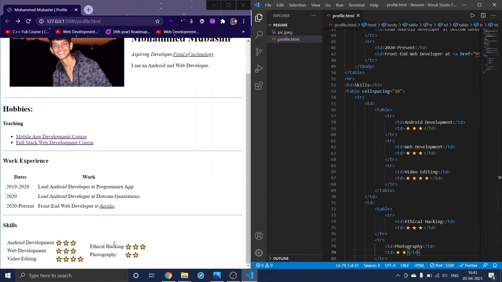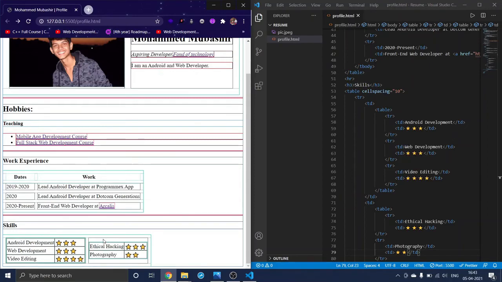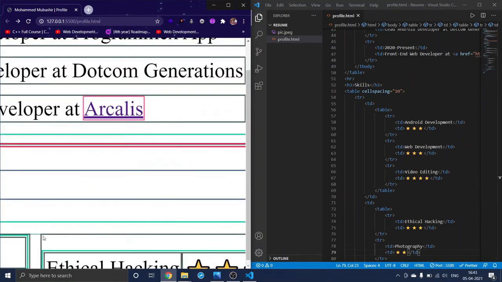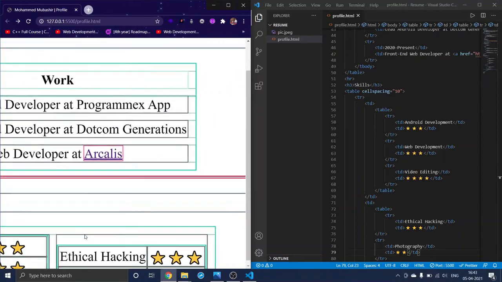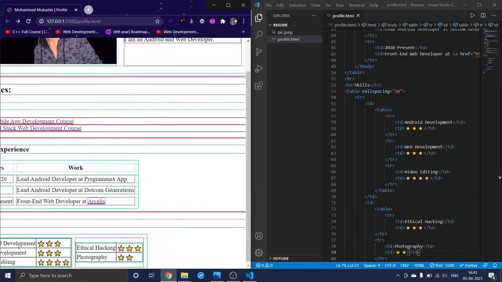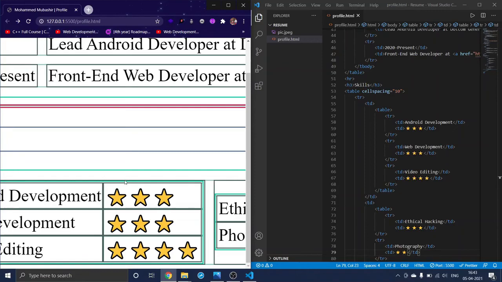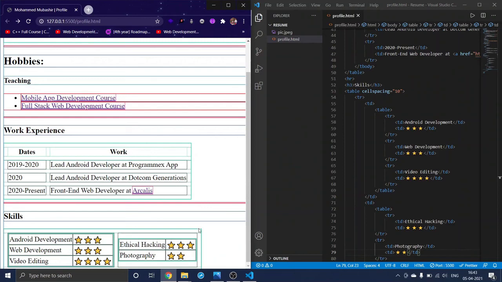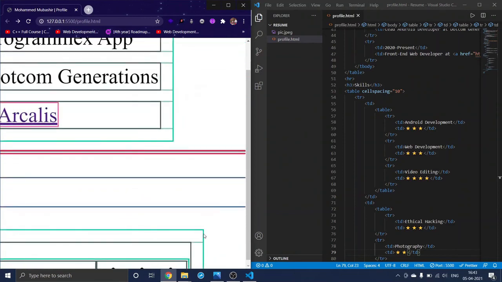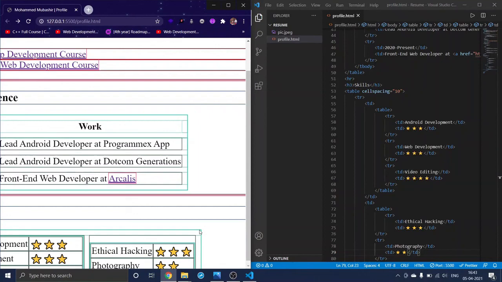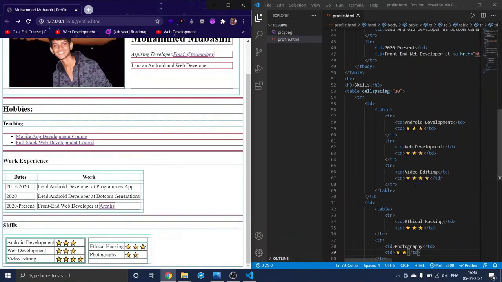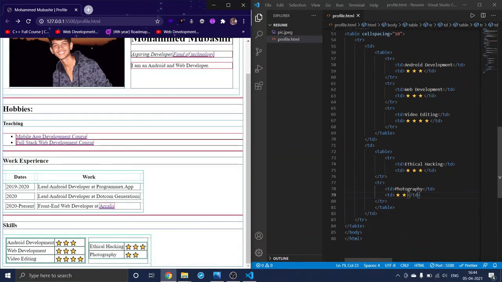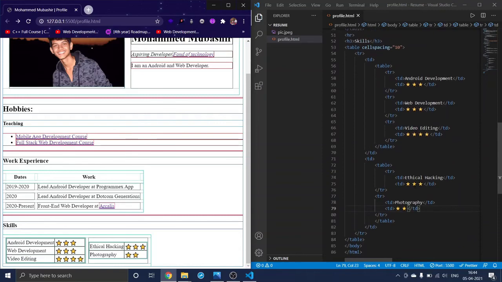And check this out, we got here 2 tables. When you click on this inspect, see, this is a table, this line is a table, and this line here is a table, and these 2 tables are nested in a main table, which is this table, the main one, and these 2 tables are inside this table. So this is nothing but nested tables. You can just stop the video and look at it carefully to understand what is going on here.